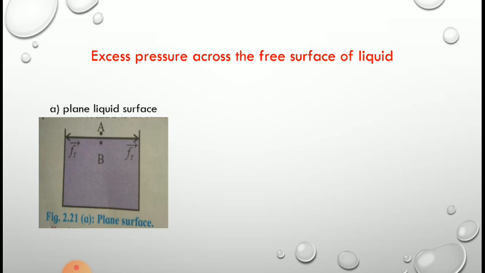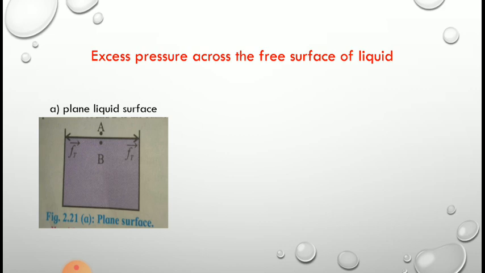Every molecule on a liquid surface experiences force due to surface tension, which is tangential to the liquid surface at rest. The direction of the resultant force of surface tension acting on a molecule on the liquid surface depends upon the shape of that liquid surface. This force also contributes in deciding the pressure at a point just below the surface of a liquid.